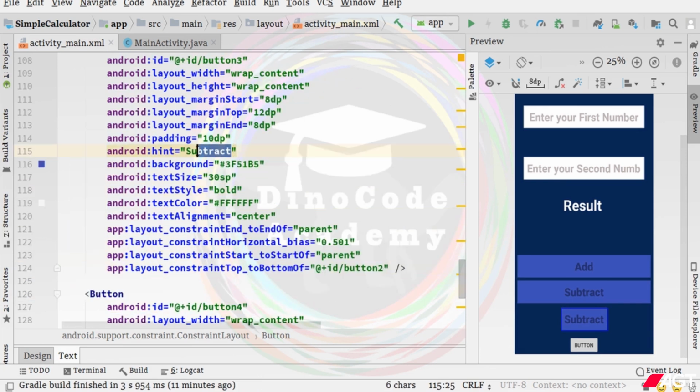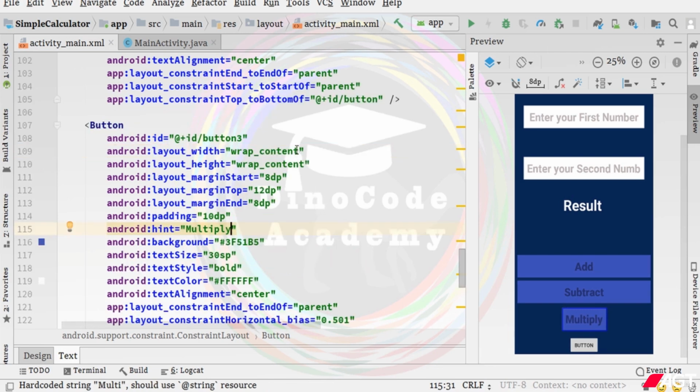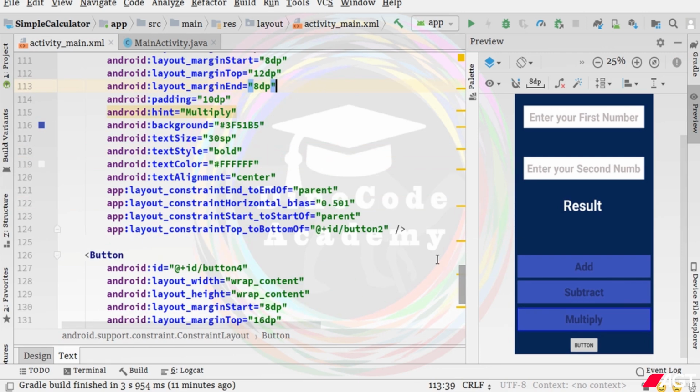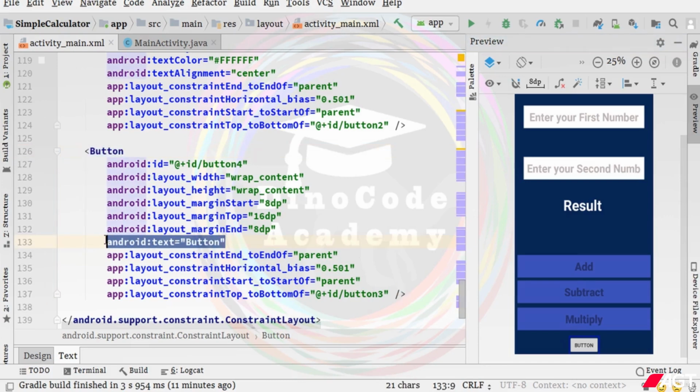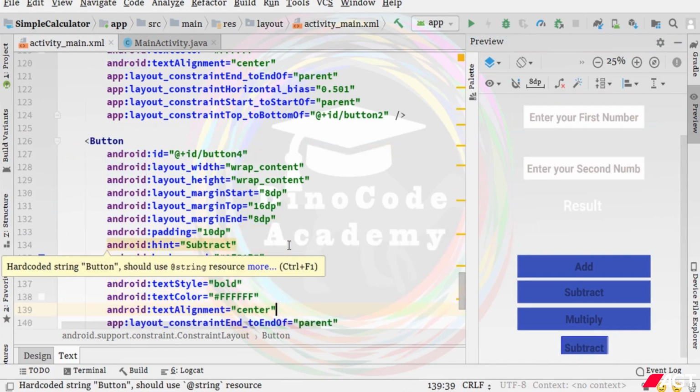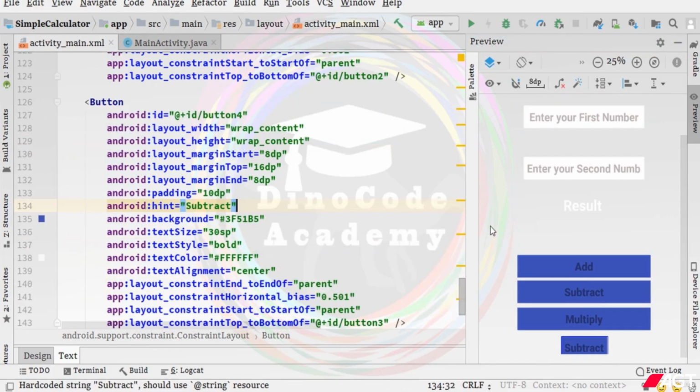Instead of subtract, we want multiply, and the width should be match parent. And this is the last button. This is for divide. So just change the property, paste the code, and then you can see that